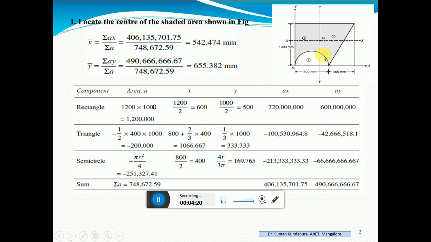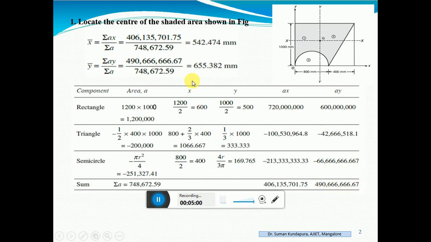Look back into the derivations. If the semicircle is lying in this quadrant, then what will be the x bar and y bar? If it is lying in the second quadrant, what is the x bar and y bar? Likewise, the four cases are there. So please have a look into your derivation and the tabular column which I have given in the previous video lecture. Then all you need to do is multiply a into x, a into y, and substitute here. So these both are the cutout portion moment areas. So when you sum up everything, this is positive, these two are negative. So the net is available here.